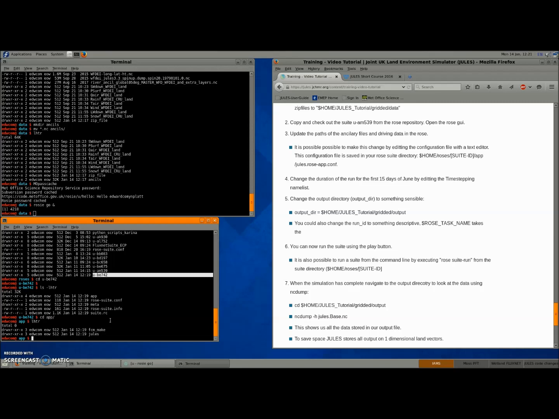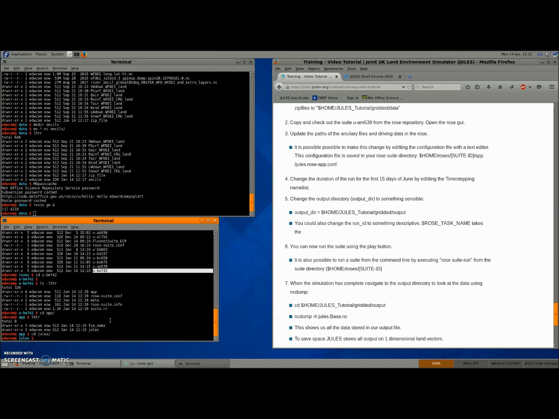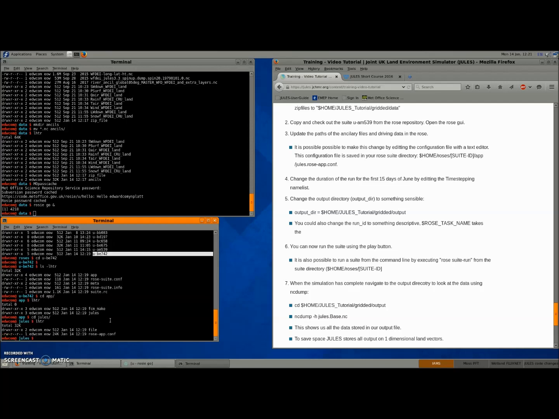You can see you've got the FCM make and you've got the JULES part, so FCM make builds your model and JULES is where the model runs with all its settings. And there are various things in there. What's important is this rose-app.conf configuration file. So we'll vim rose-app.conf,